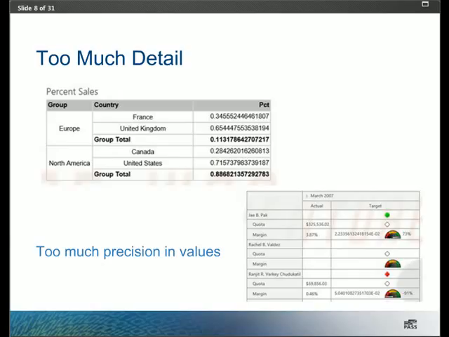And also, not shown here, another example of too much detail would be having lots of data or text or supporting information that's just adding to the visual noise on the page. And so I'll say again and again, remember that the user should be able to glance and look away and retain the gist of the situation. They shouldn't have to read the fine print to know what they need to know.